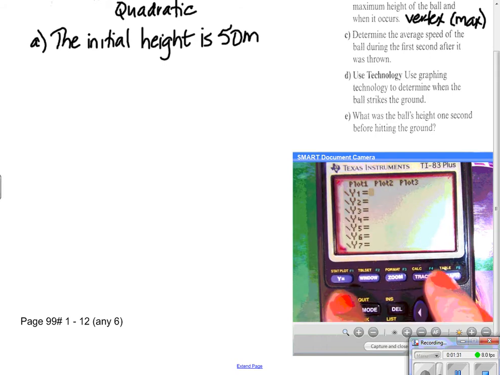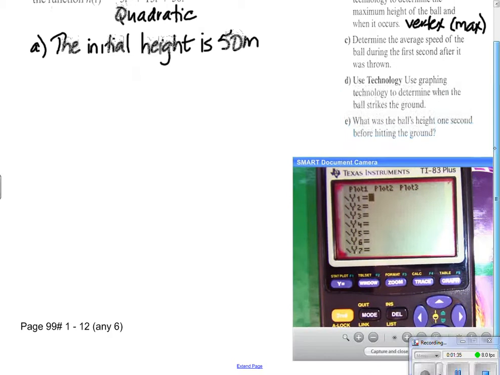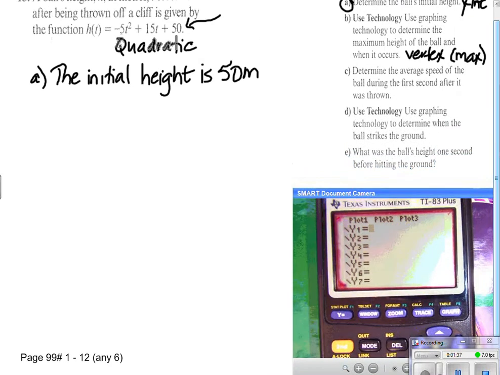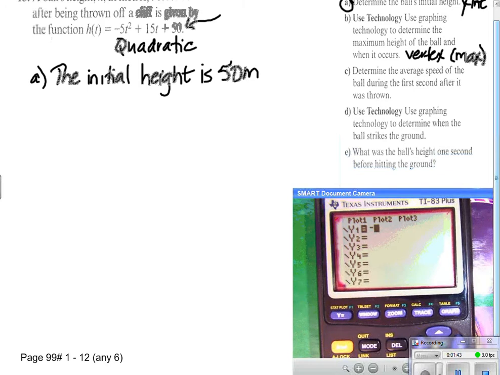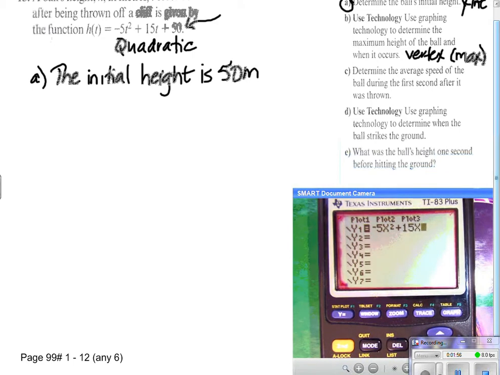So under the y equals button, we want to put that function. We have to stick with y equals negative 5. Be careful, the negative is a white button at the bottom, not the subtract. Negative 5. We need to use x instead of t. X squared, there is a square button, plus 15x for the calculator, plus 50. We're going to hit graph,